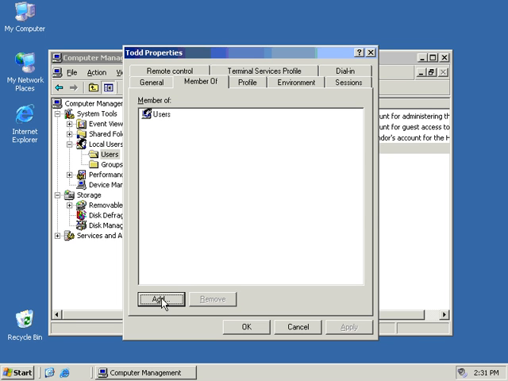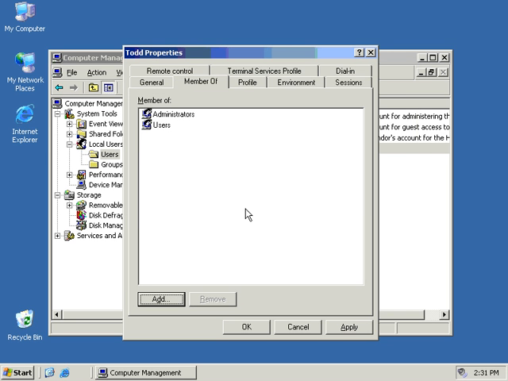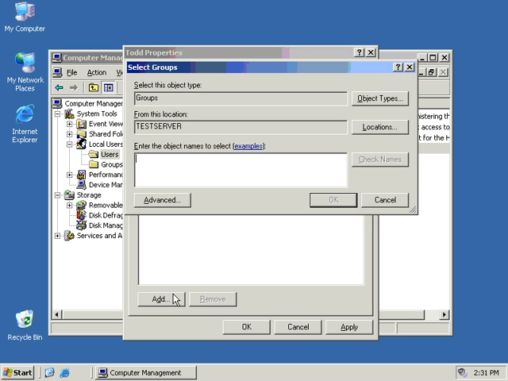If I wish to add Todd to, say, the Administrators group, I can click on the Add button, and I could type the Administrators group here, and I could say Check Names. And as long as that group is available, it will say yes, there it is, and I can click OK. Todd would now be a member of the Administrators group in addition to the Users group. And if I wanted to add another group, say the Backup Operators group, click Add, and now instead of